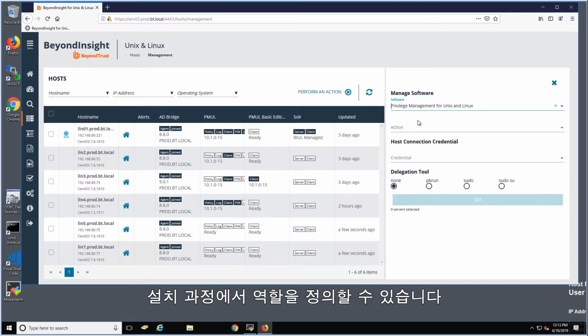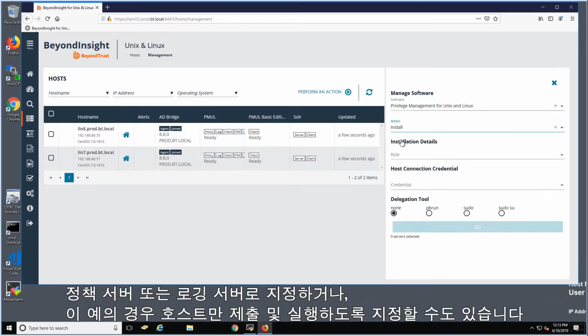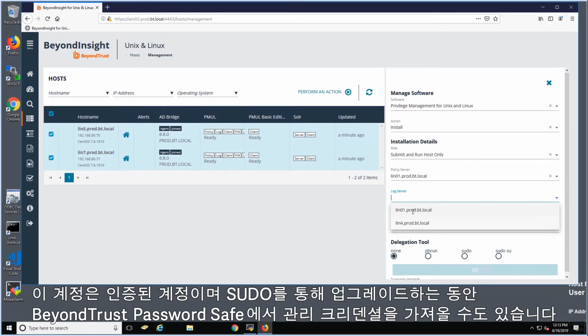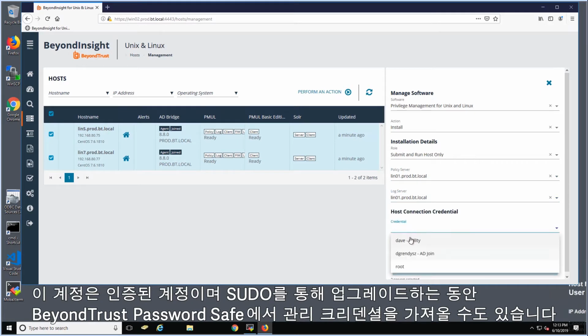As we install, we can define roles. Do I want to make it a policy server, a logging server, or in this case, a submit and run host only? We'll select the host we want to deploy on, point them at a policy server and a logging server. This is a credentialed account, and while we're elevating with sudo, note that you can also pull managed credentials